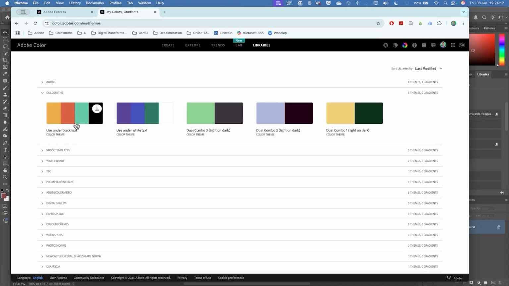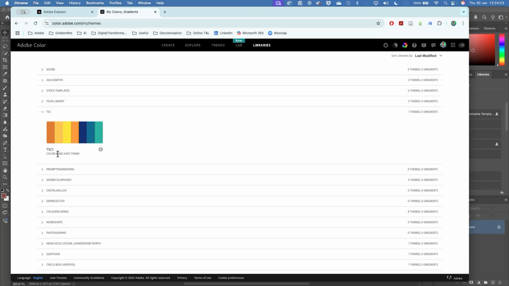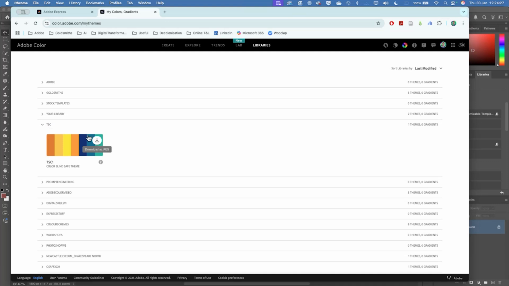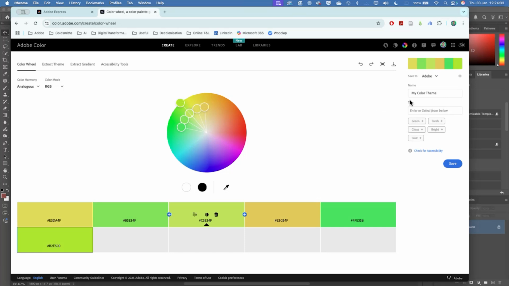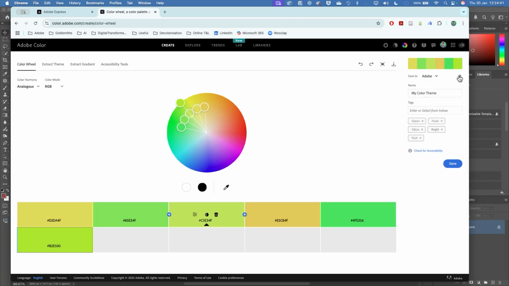So not all of them have got color schemes, but I've got this color scheme under Goldsmiths. I've got this color scheme under a community project that I do work for. And if I just wanted to create my own color scheme, I can do that. And then I can save it to one of my libraries that I've got set up. Or I can press the plus to create a new library.